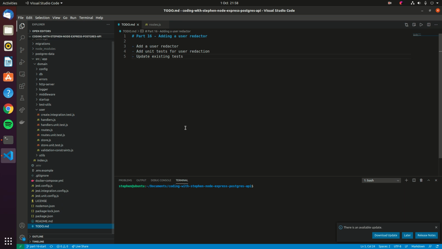So we've got a list of things that we're going to do today. We're going to add a redactor. We're going to add some unit tests for it, and then we're going to have to update some existing tests because I already know that some of them are going to fail because they're expecting a password to be returned